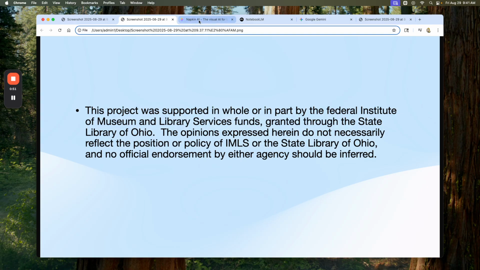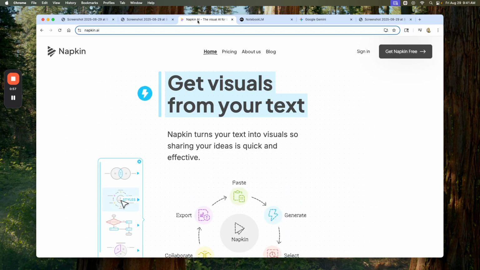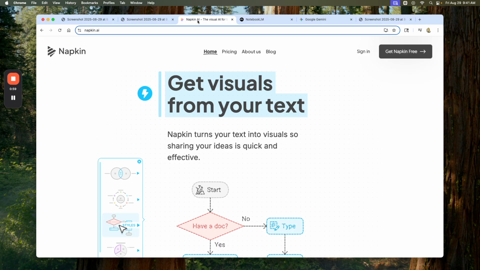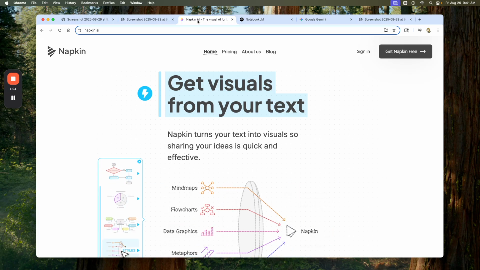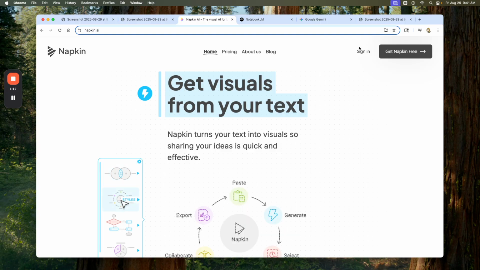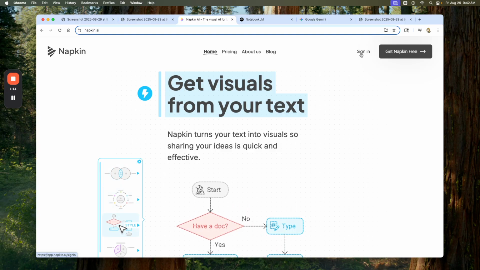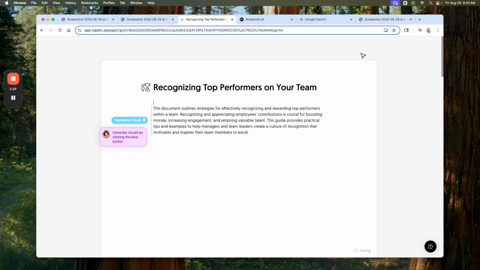So the first tool that we are going to look at is Napkin. Napkin takes business content, typically business, but it could be for anything really, and creates visuals, diagrams, charts, and infographics. So what we're going to do is simply go to sign in here. I'm at napkin.ai, and when I sign in, which I am already signed in,